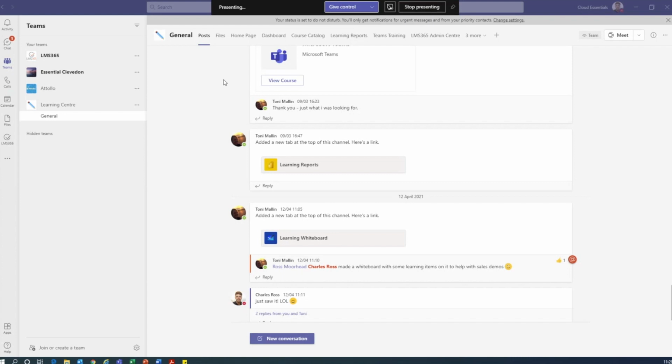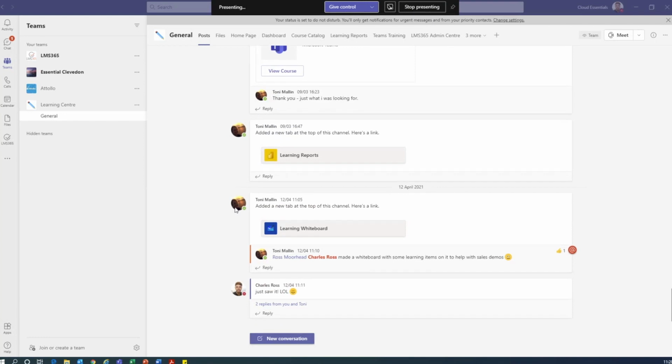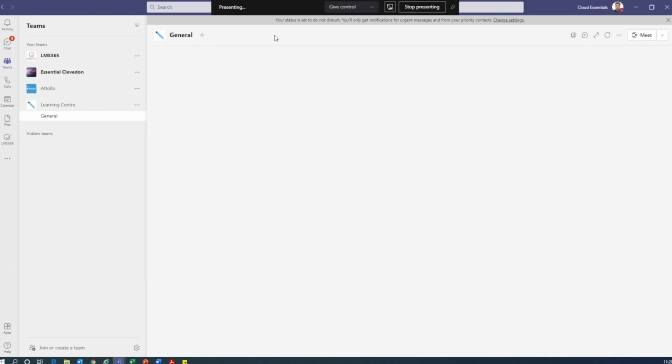So just to give you an idea of what LMS 365 does then. You can see I've got this learning center team set up here, and this is just a demo example. So it's just Tony, myself, and I believe Ross as well in here. But this is just a chat that we've got going on. I'll come back to that in a little bit, but you can see, as I mentioned, we've got links to